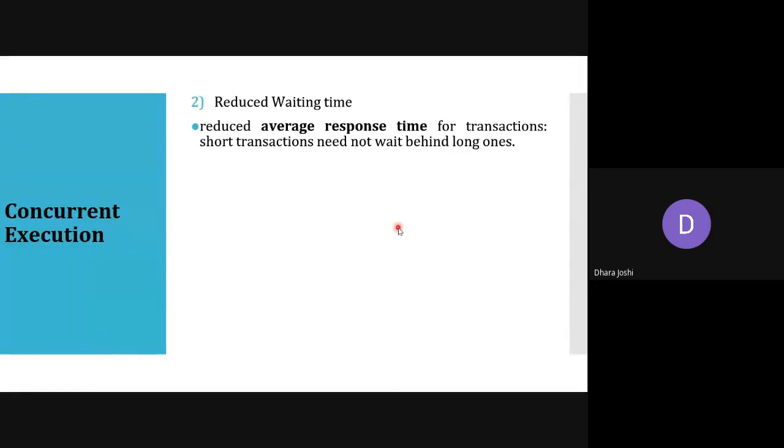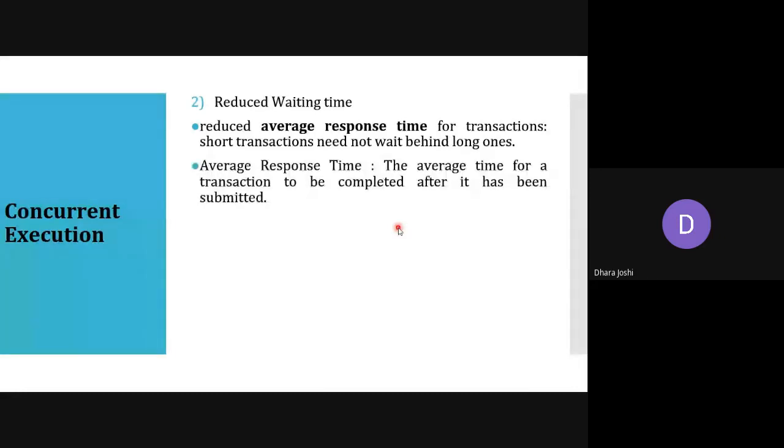If the first one is taking too much time, it will affect all the later persons. So it will reduce your average response time for transactions. Short transactions need not wait behind longer ones. Average response time means the average time for a transaction to be completed after it has been submitted.